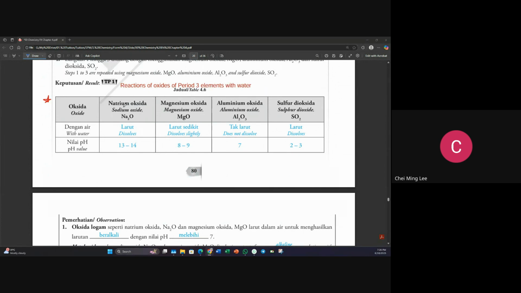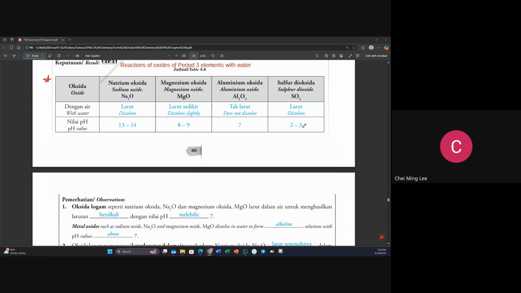So you see, sodium oxide with water, it will dissolve in water, and the pH value is around 13 to 14. Magnesium oxide slightly dissolved, pH value 8 to 9. Aluminium oxide does not dissolve, which is only 7. Sulfur dioxide dissolves completely and creates a 2 to 3 pH value because it becomes, no, sulfuric acid. Okay, so from here,